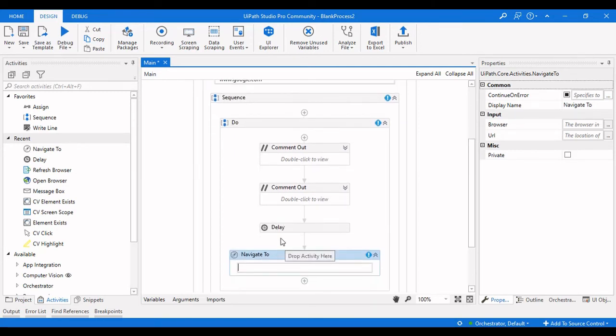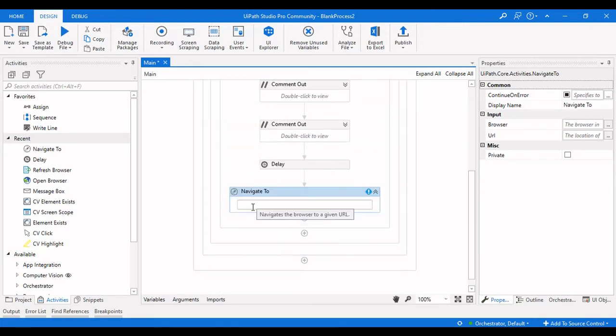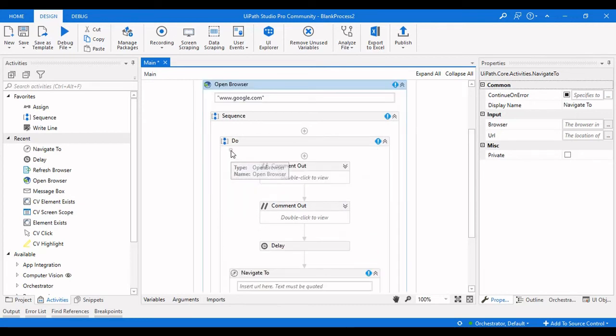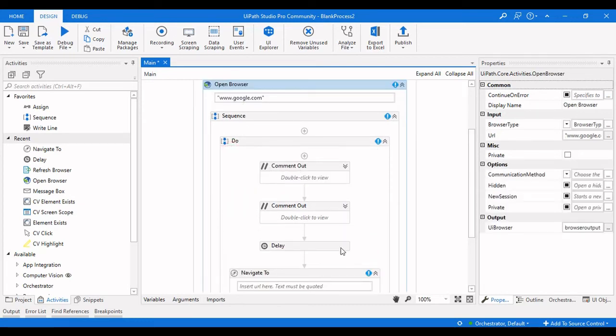If you want to navigate after opening Google, say I want to open Flipkart: I opened some particular browser in the web application and performed some operations, and again I want another web page to open and perform some operations and get back to this particular browser.